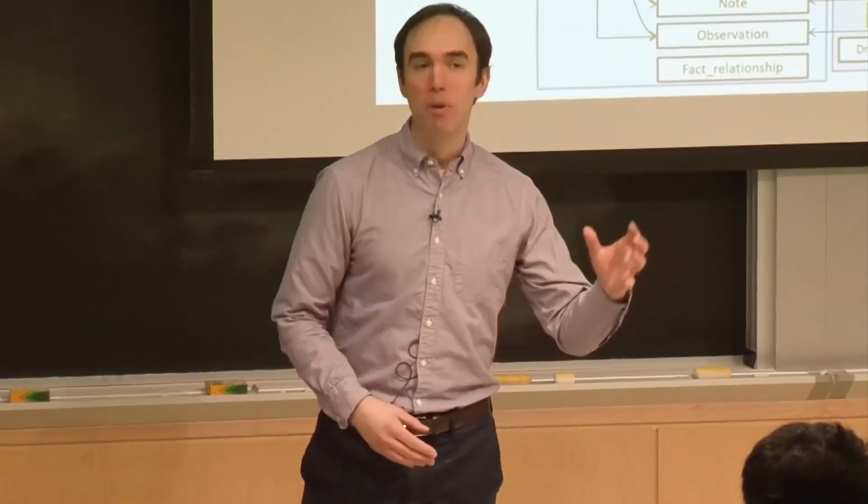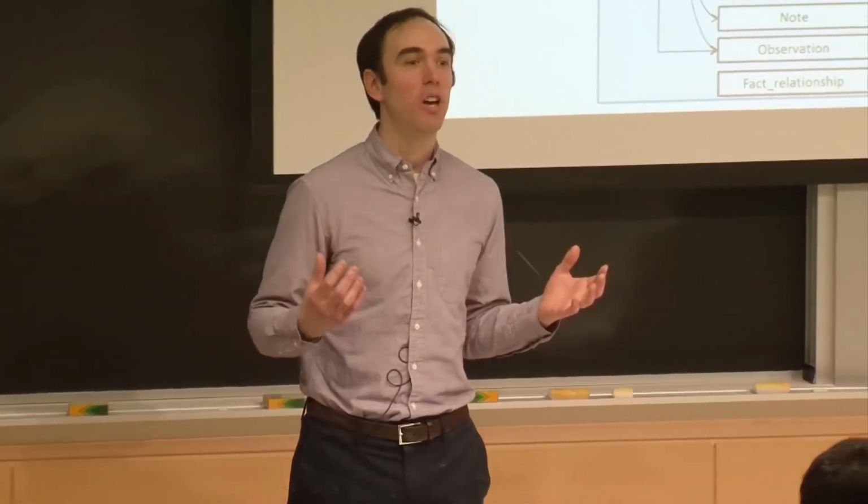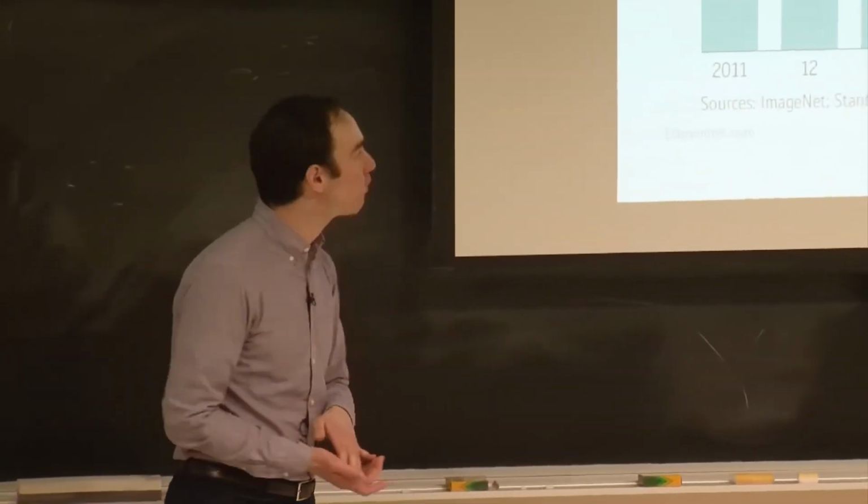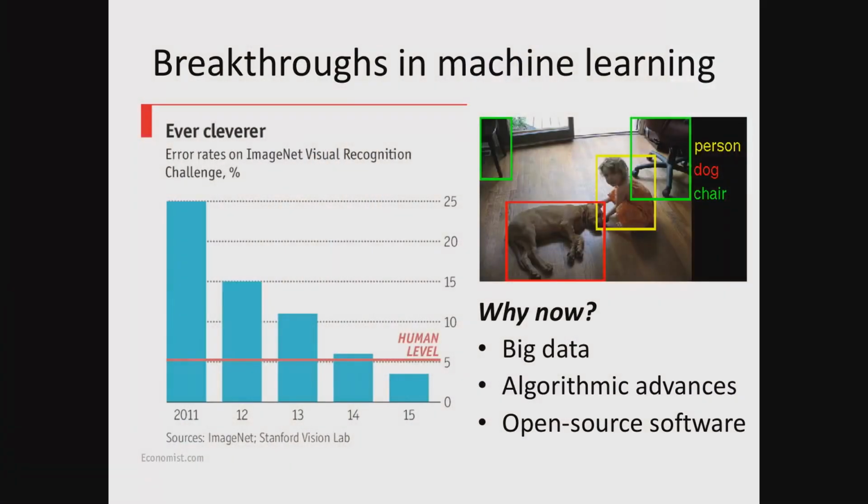So we've talked about data, we've talked about standards, and the third wheel is breakthroughs in machine learning. And this should be no surprise to anyone in this room. Right? We've been seeing time and time again over the last 5 years, benchmark after benchmark being improved upon and human performance beaten by state-of-the-art machine learning algorithms. Here, I'm just showing you a figure that I imagine many of you have seen on the error rates on the ImageNet competition for object recognition. The error rates in 2011 were 25%, and even just a few years ago, it already surpassed human level, to under 5%.